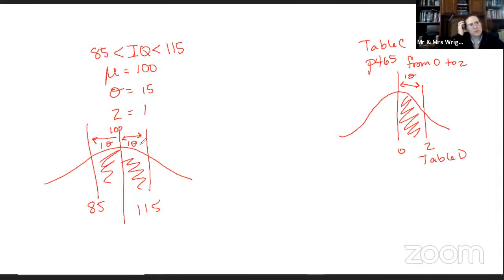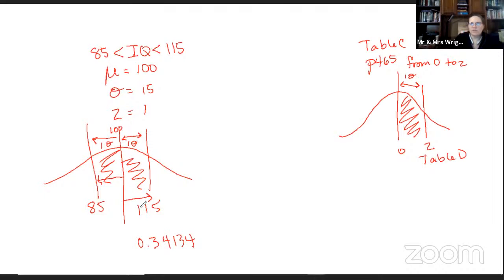So our z-score is 1. So when we look up a z-score of 1, we want to look it up on table C. So table C, a z-score of 1 will give us 0.34134. Okay, a z-score of 1 yields 0.34134. Now remember, that's from 0 to 115, but it's also from 0 to 85, because they're both 1 standard